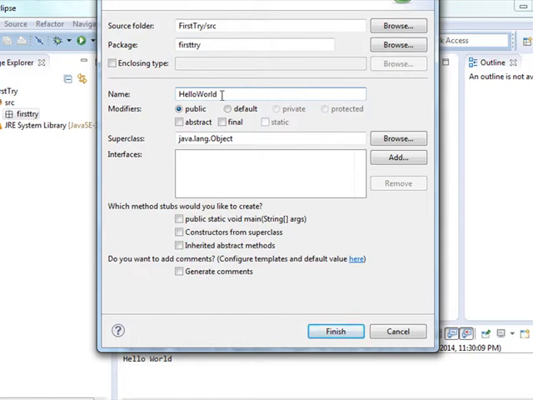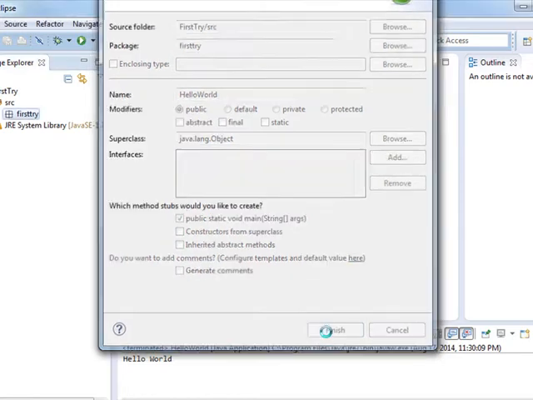I want to create a legitimate name, and we'll see about that later. And I want to have some of the code written for me, so I'm going to click this, which says public static void main, which is the main starting location of where your code is going to start running. It's going to start executing here. So I'm going to click Finish,